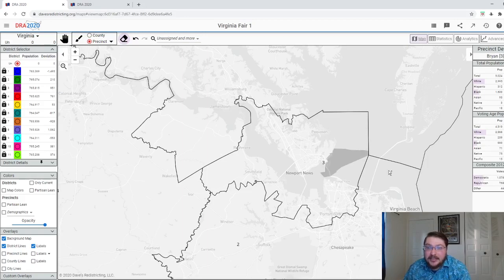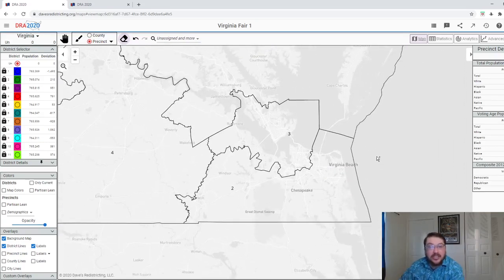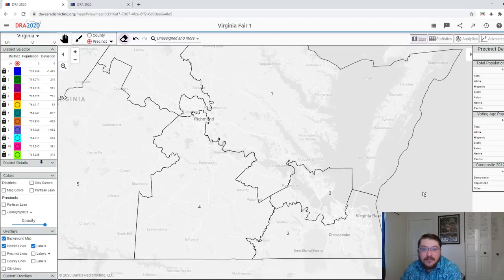Of course, I put Virginia Beach, Suffolk, and Chesapeake all together because, to me, these areas are a little bit more alike. Even though Virginia Beach is a higher population area than Portsmouth and Newport News, the cultures are generally very different between Virginia Beach and the Newport News, Portsmouth, Hampton Roads area, right in this little section. So it does actually make sense to separate those districts from a geographic, cultural, and political